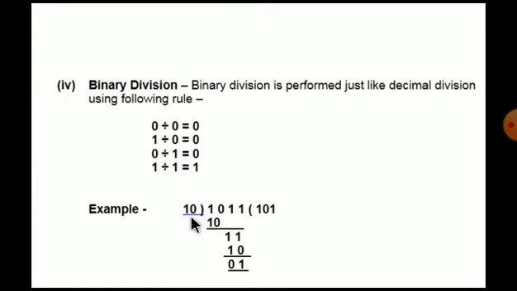Like I have taken here 10, and we will divide the number 1 0 1 1. 10 goes into 10, it will be cut. Then I'll take the next number 1. Again I have 1 next number, so I have to give here 0. Then again I'll take here 1. After that 10 goes into 10. So here 101 is the quotient and 01 is your remainder.